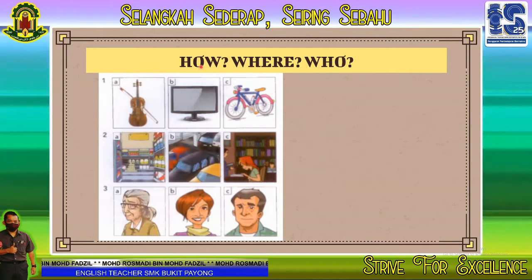Agak-agak perkataan how, where, who ni sesuai dengan question 1 or 2 or 3. Which one? How with which pictures? Where? Which pictures? Who pula? Soalan mana?